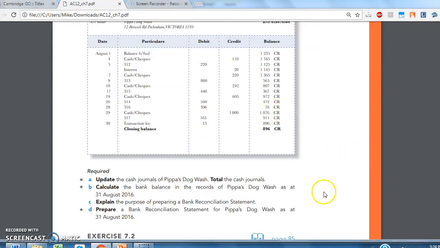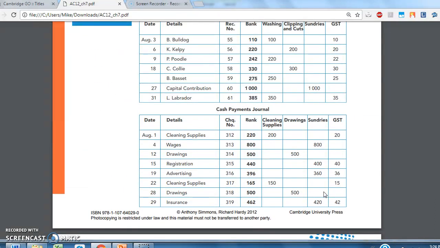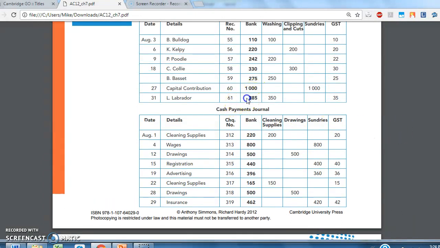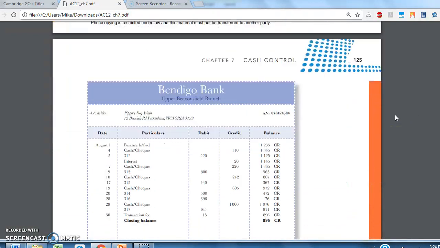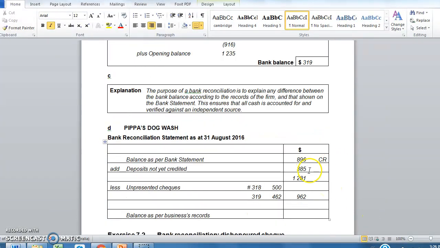Let's soon find out. So we can go up, and there was actually a deposit that has yet to be credited. As we see here, we have 385. So the El Labrador has yet to be credited into the bank statement. How do we know that? Because it's not in here. So we then go 385. So we now have our 385 in there, which gives us our total of